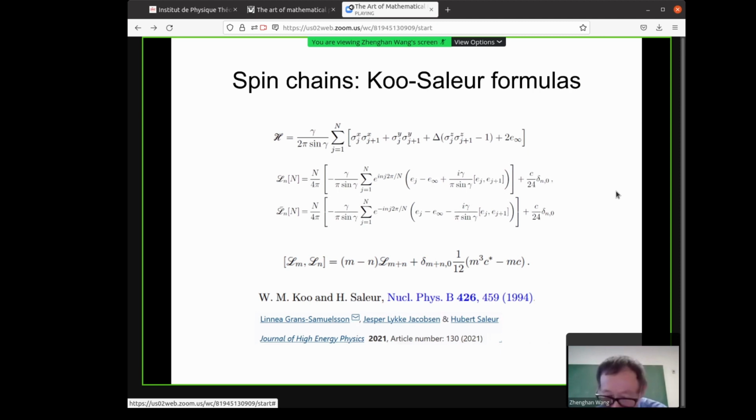And as far as I know, of course, I didn't know the history very well, but the reference I knew was this famous paper by Koo-Saleur, which gives the spin chain version, which can easily turn into a template of the finite truncation of the Virasoro generators. And there's a beautiful numerical simulation recently by Linear and people listed below that this formula seems to work really well, first discovered by Vidal and other people.